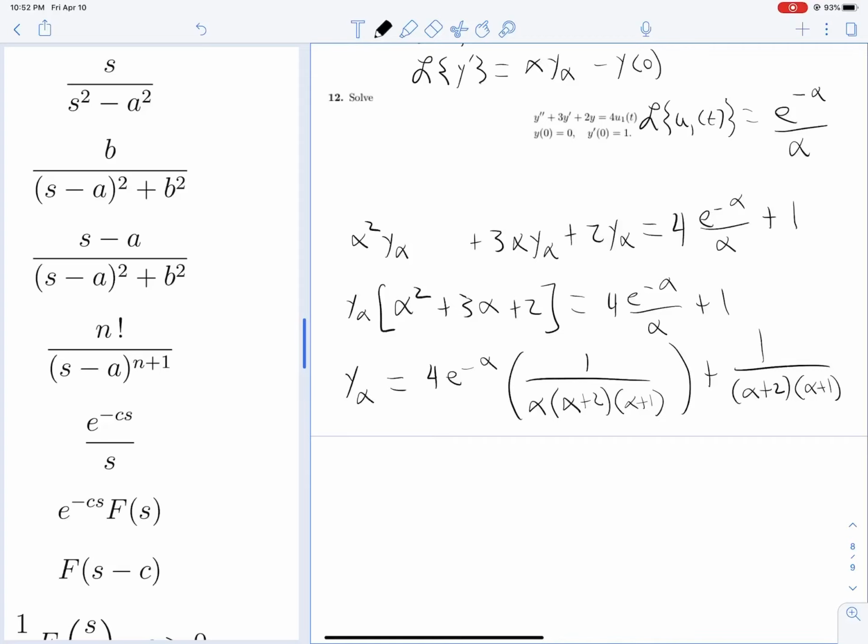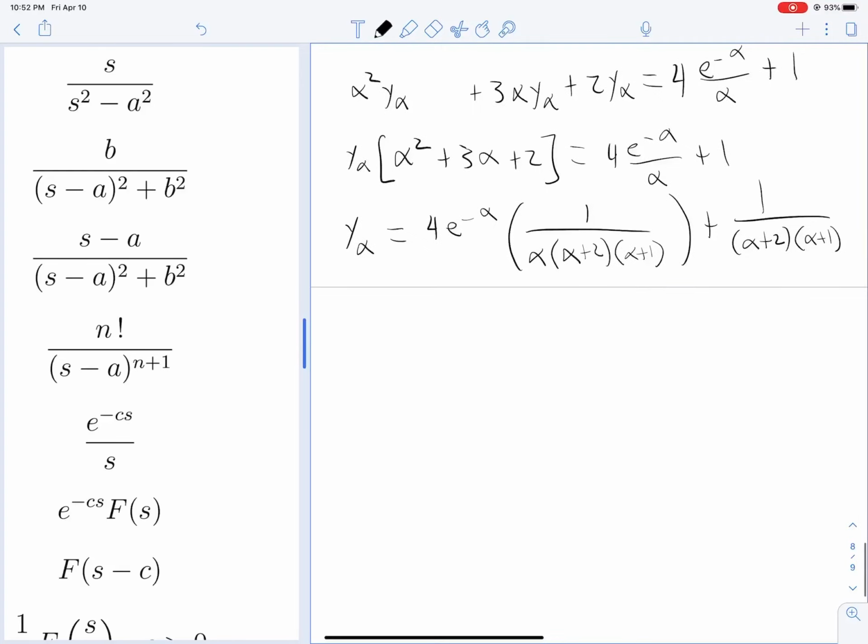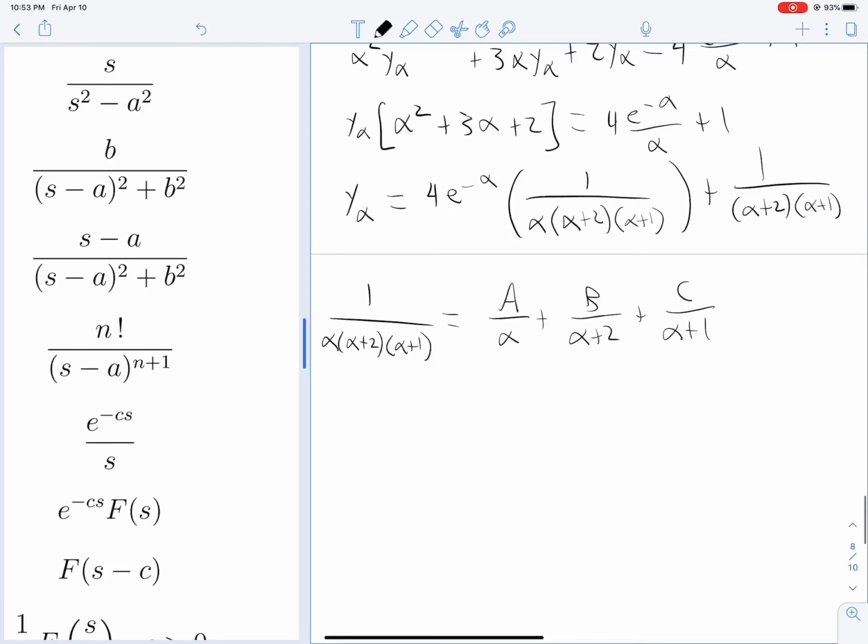And now we have two partial fractions to compute. So we are going to take 1 over alpha times alpha plus 2, alpha plus 1, and put this in the form a over alpha plus b over alpha plus 2 plus c over alpha plus 1. So multiplying this denominator into everything, we will see that 1 is equal to